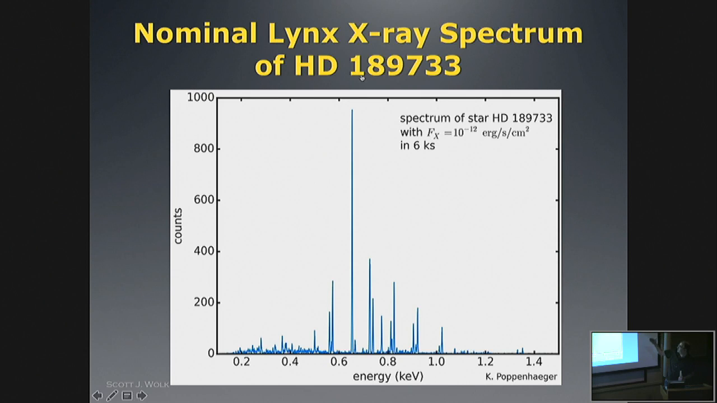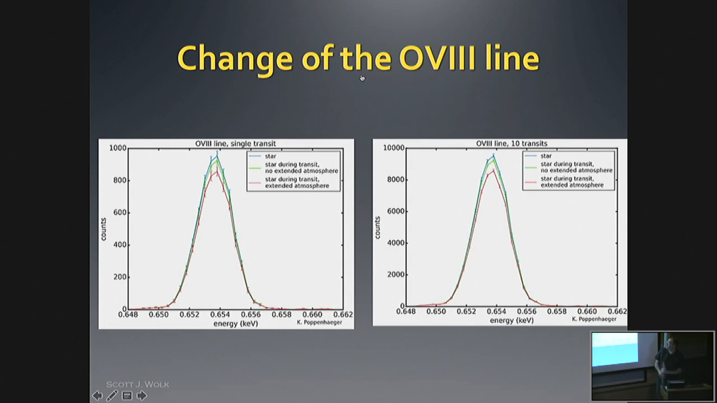So in the specific case I just showed you of 189733, this is what it would look like if you were looking only now in the oxygen line. If the planet that went in front of you was solid-bodied and the same size as the optical planet, we would be able to measure this in 10 transits at about a 3 sigma level. But if it had the extended atmosphere, that extended atmosphere just in the oxygen line would be visible